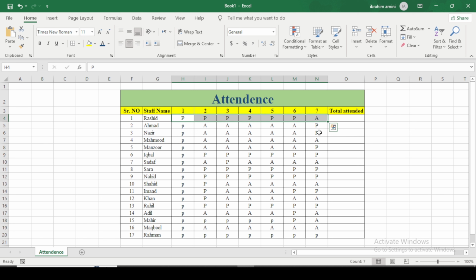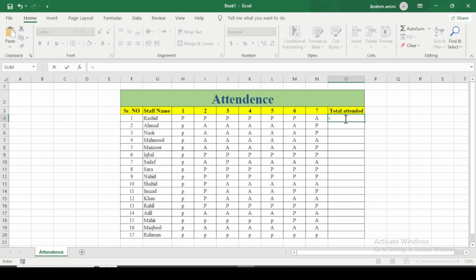When it is for a month we will consider 30 days. When it is for a week we will just consider 7 days, or however many days you want. So in this sheet I will use some formula. I will write the equal sign and COUNTIF,